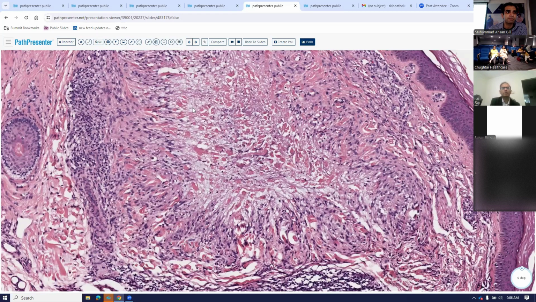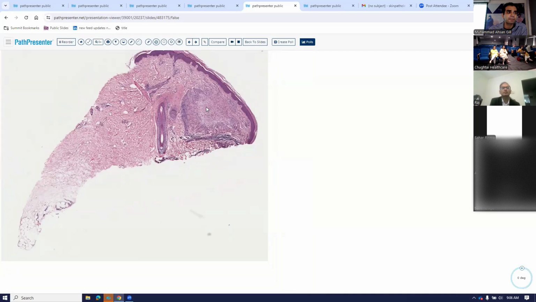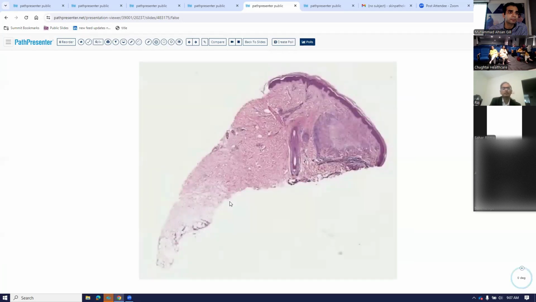So now if you go low power, there is a palisaded granuloma that is enclosing necrobiotic collagen bundles and increased mucin. So if you see this, your diagnosis is going to be granuloma annulare. Very, very classic, again, can be on your board exams. And the clinical picture is always like this, where you see this annular lesion on the skin. Again, the clinical picture is going to be very important because